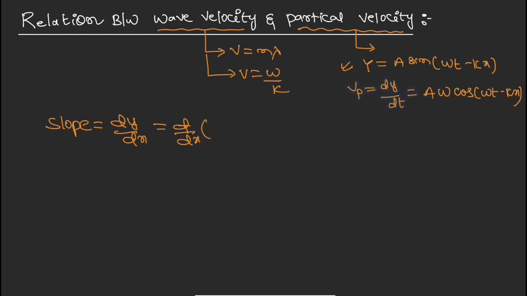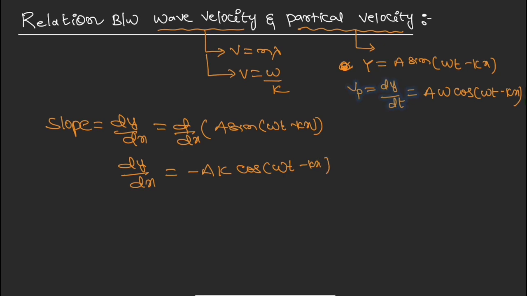We have y equal to a sin(ωt − kx). So the slope dy by dx is equal to −ak cos(ωt − kx). So the first one is the particle velocity, and the second is the slope. Next, from these two equations, equation 1 and 2,